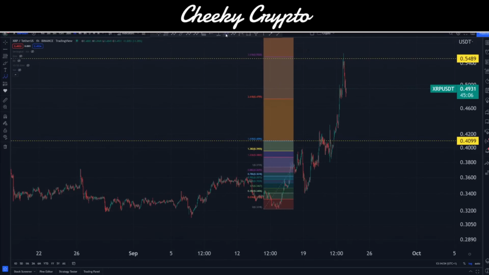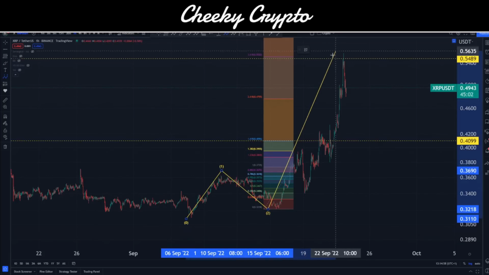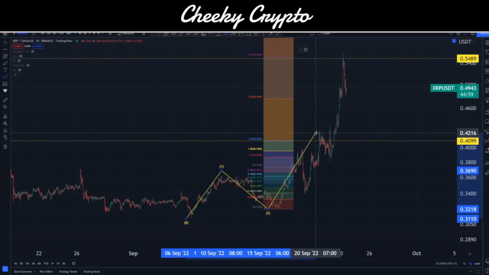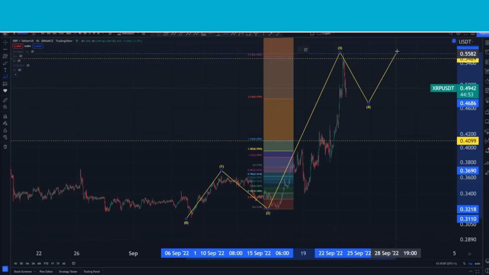Okay, so straight off the bat, we want to say this is wave 1, this is wave 2. This looks like wave 3, okay? Although technically up here could be wave 3, but the structure inside doesn't make sense. So up here has to be wave 3. Then we pull back into wave 4, which is kind of what we're doing now, and then we push up